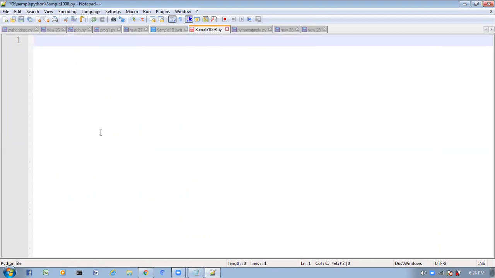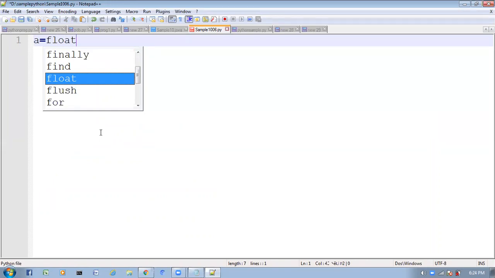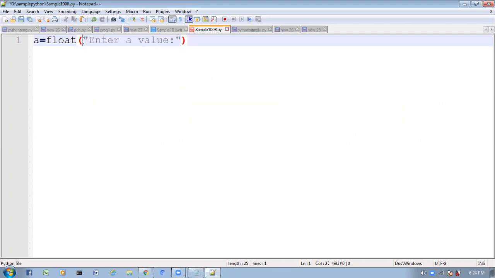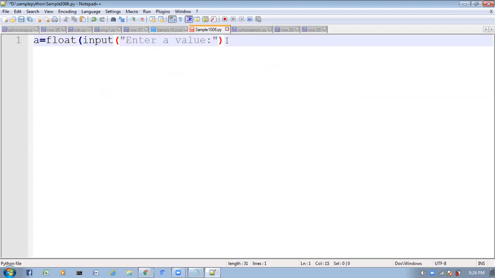See, here what I am going to do, a is equal to float of input of enter a value.